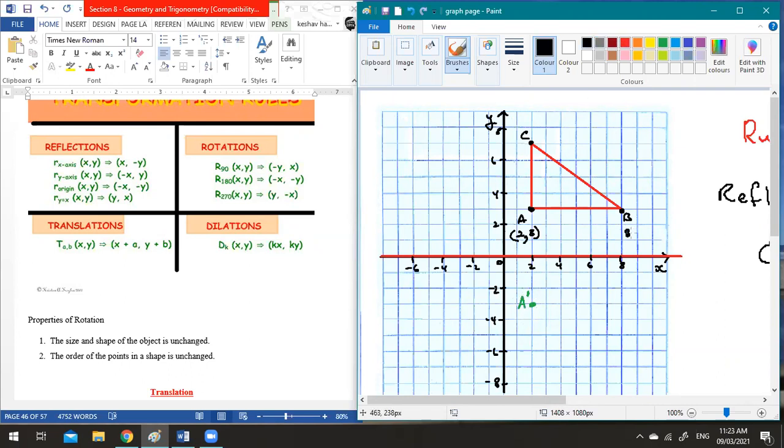B is 8 and 3. So the image of B will keep the 8 and make the y term negative. So it will be here. And you put a line to show that that's the image. And C is 2 on the x and 7 on the y. So we will keep the +2 and change the 7 to a negative. So that'll be down here. And if you were to connect the lines,